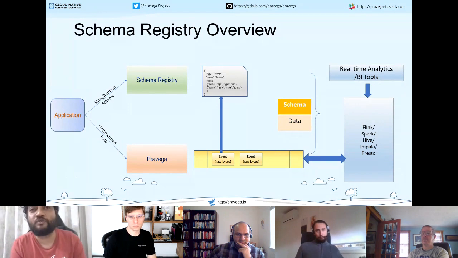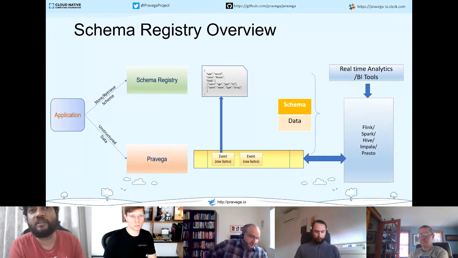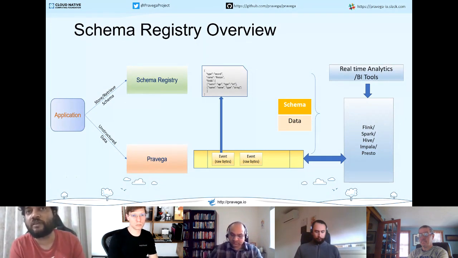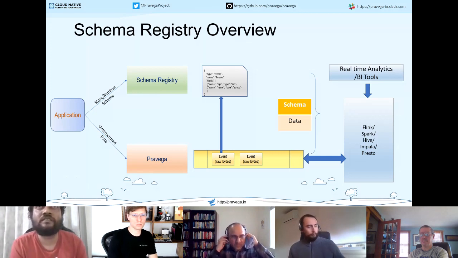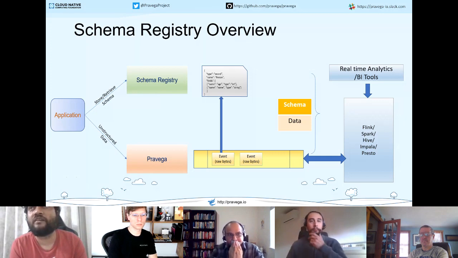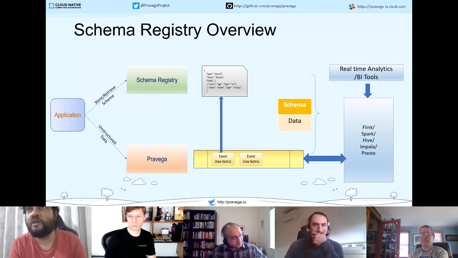That's called schema evolution. You are evolving your schema from whatever earlier state it was into a newer state, and you could have data being ingested with a potentially newer schema, whereas you may not have chosen to upgrade all your writers, and some writers could be ingesting data with older versions of the schema. So this could lead to compatibility situations if your reader applications are not expecting changes to the schema. So it depends on the context in which you are running your application, in how you are going to be making use of data in Pravega.